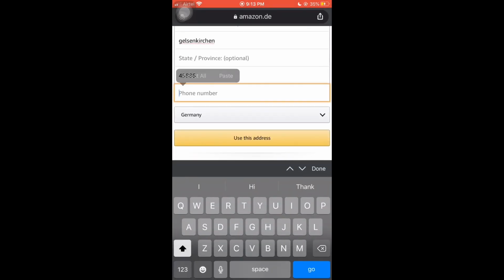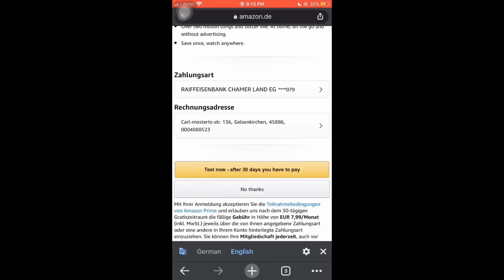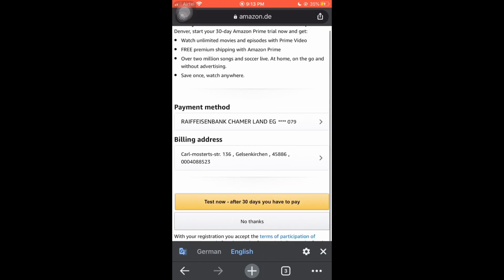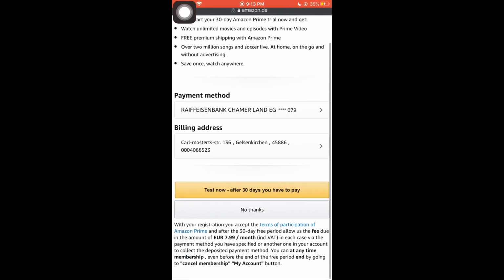After filling all the necessary details, you have to click on use this address. Here you can see all the payment method and the billing address you have provided, which is all recorded now. Now you can click on the option called test now.